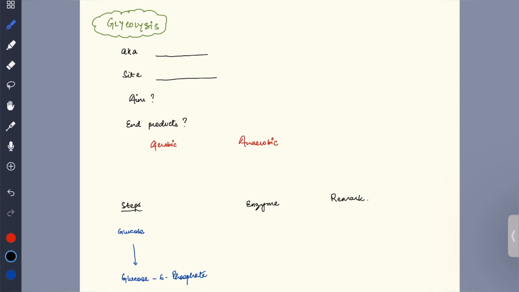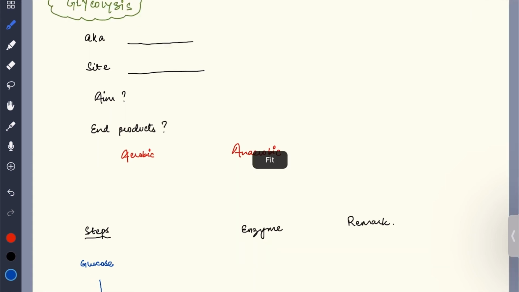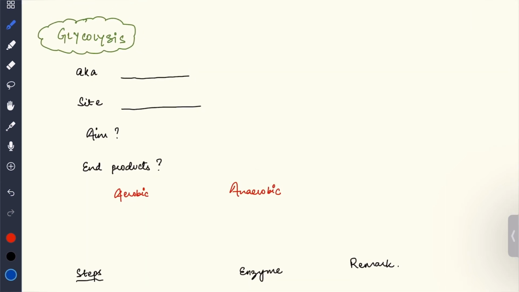So, glycolysis. What is the other name of glycolysis? Now you will be like, why do we need to know the name of glycolysis? Because they could just ask you how many steps are involved in glycolysis. But what if they ask you how many steps are involved in the EMP pathway? If you don't know about it, then you will know the answer, still your question will be wrong. So the other name for glycolysis will be